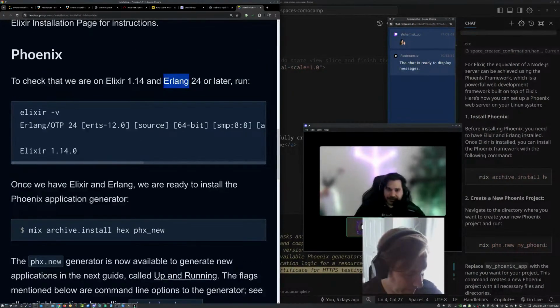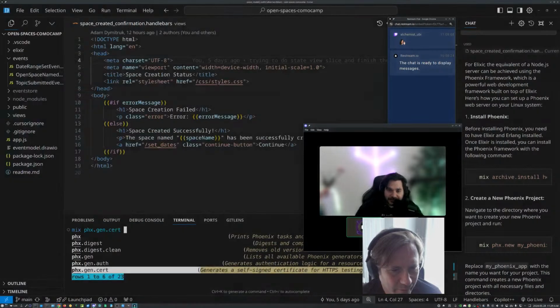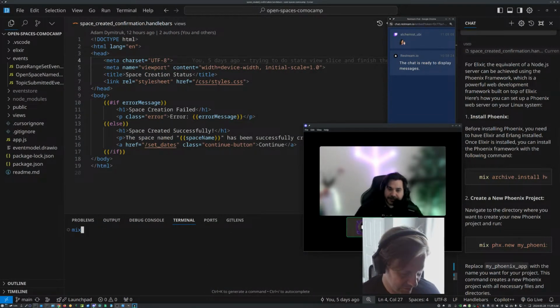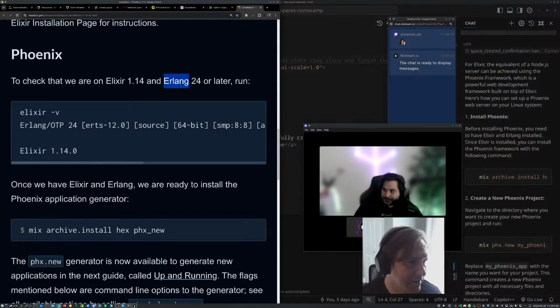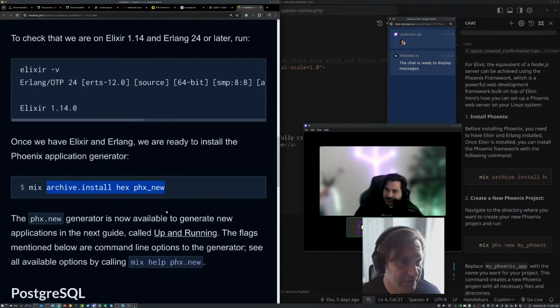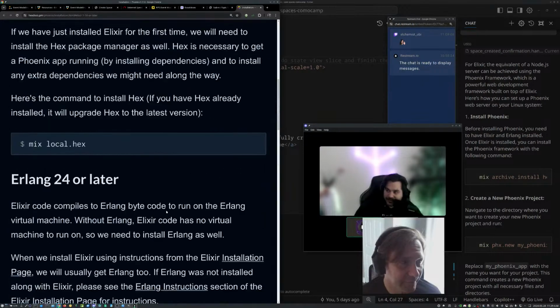As you can see there, now that you have Elixir installed, let's install the mix new. And the new is just a simple binary that is a generator behind it. It knows how to scaffold Phoenix. So hold on, do we need to do this? Go to the docs. This is the docs. You need all that.